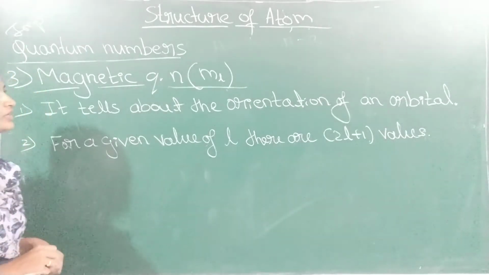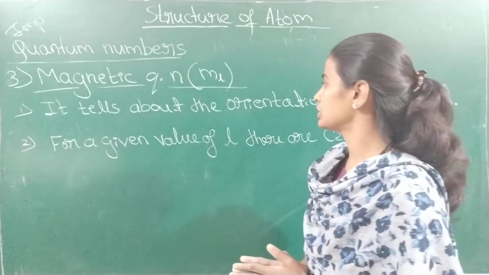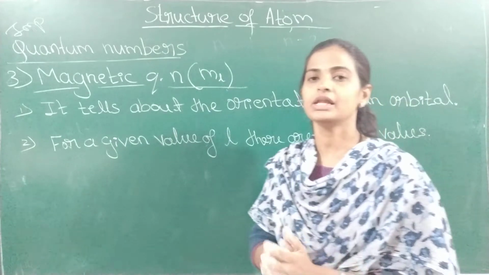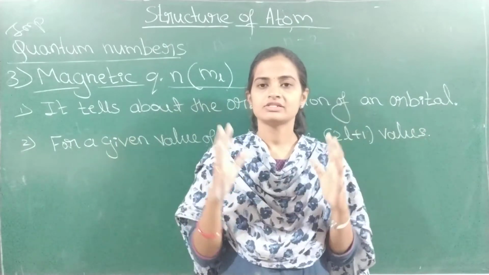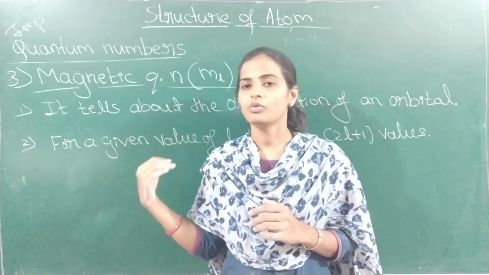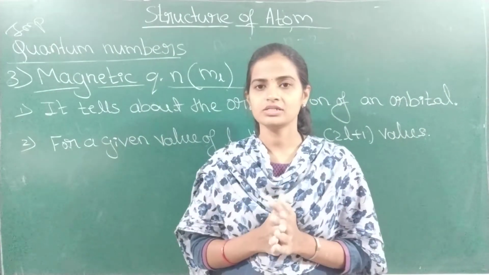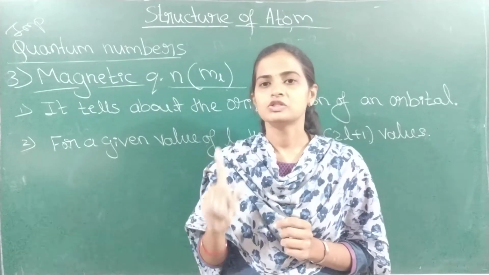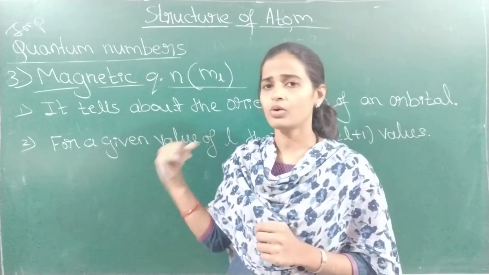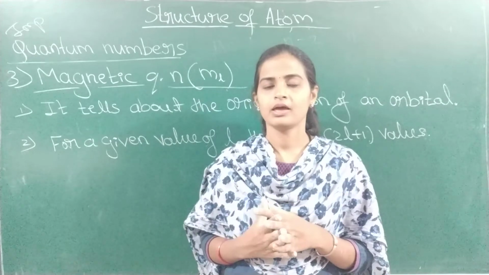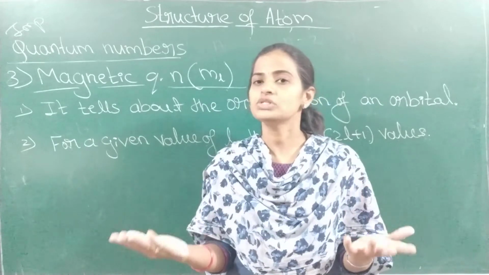Next we are studying magnetic quantum number. Okay. Magnetic quantum number gives the information about the orientation of an orbital around the nucleus. See. Now we have studied shell, we have studied subshell, and now we reach the orbital. Shells are all similar in shape, like spheres. Subshells mean different shapes: spherical, dumbbell and double dumbbell. Okay. Now orbitals. Orbitals are nothing but subshells, but there is a change in the orientation.